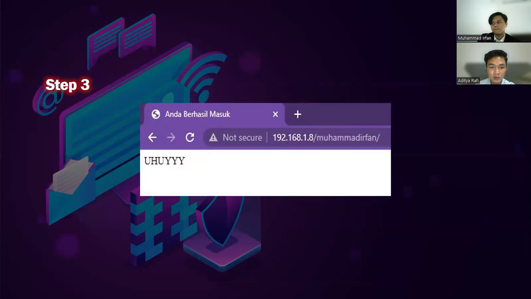Then go to the browser and type the IP address that has been given permission earlier, and that's it.